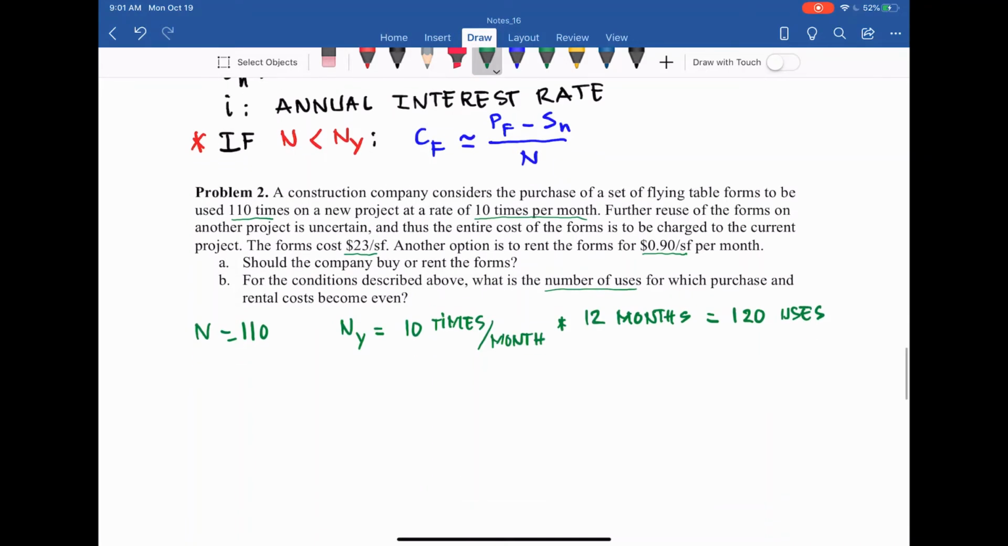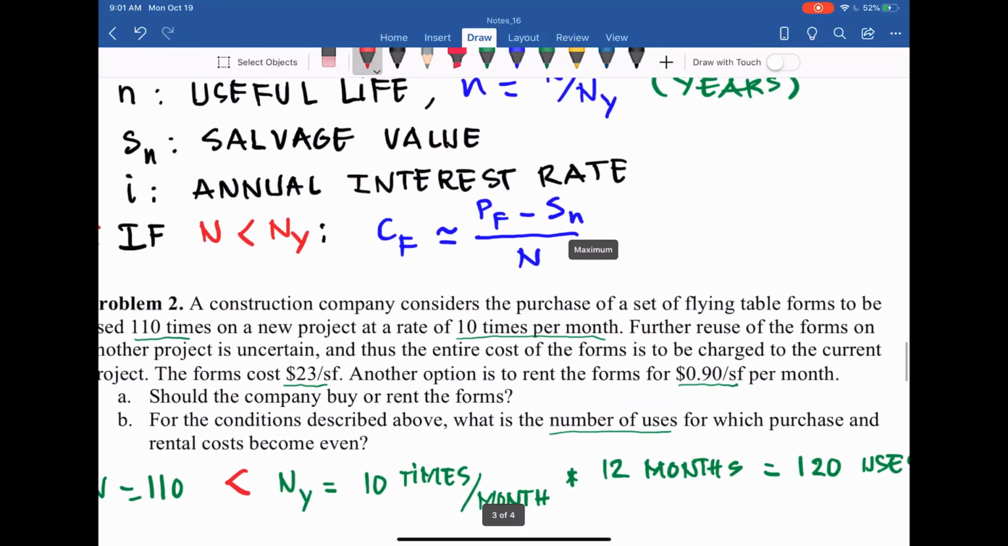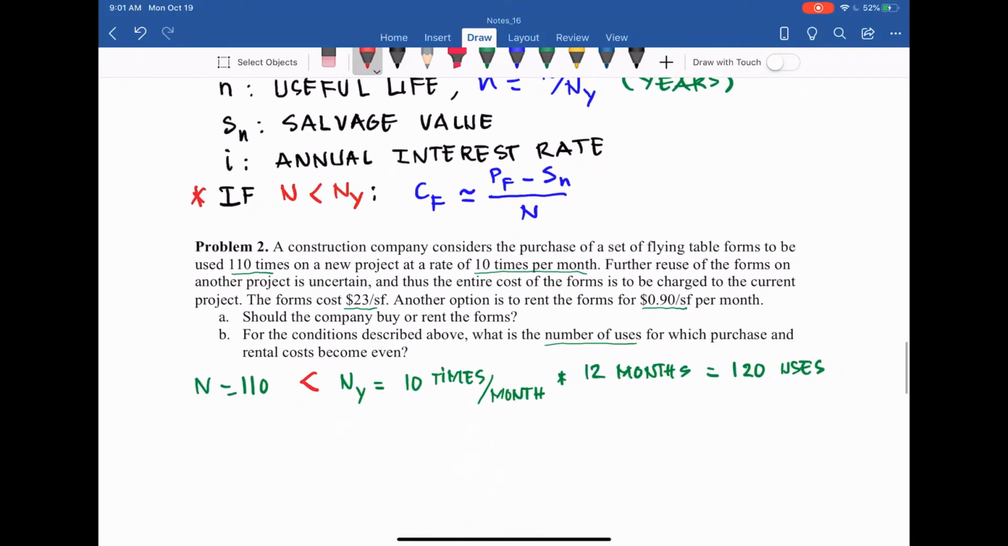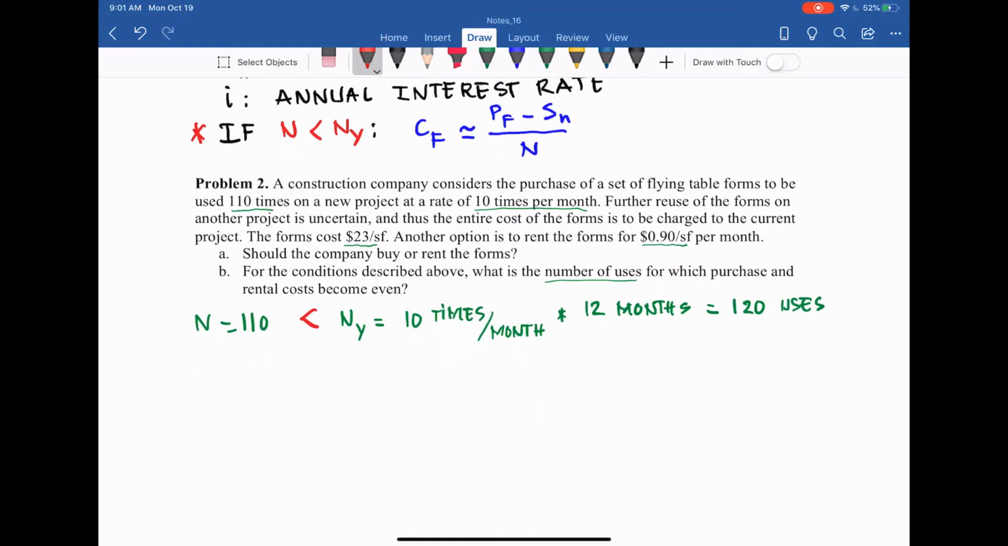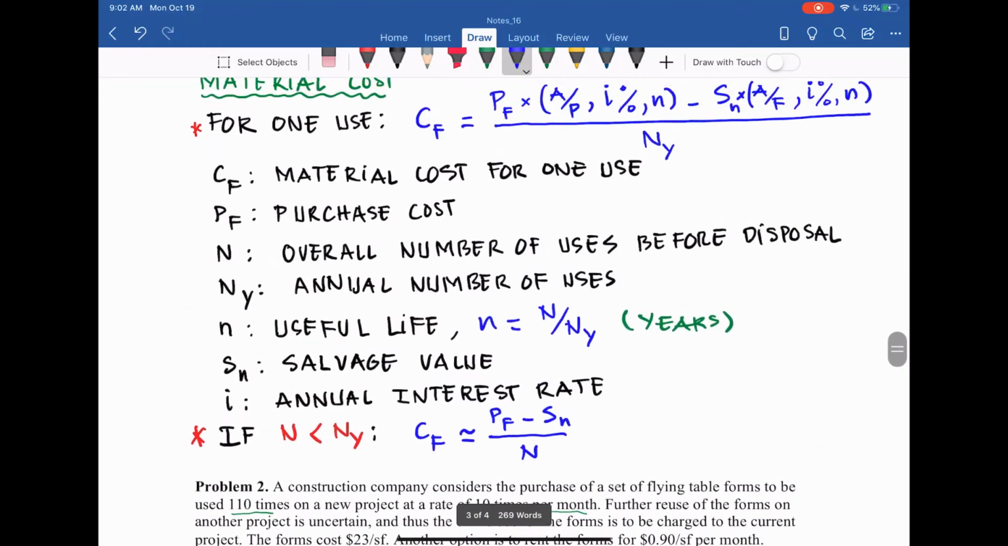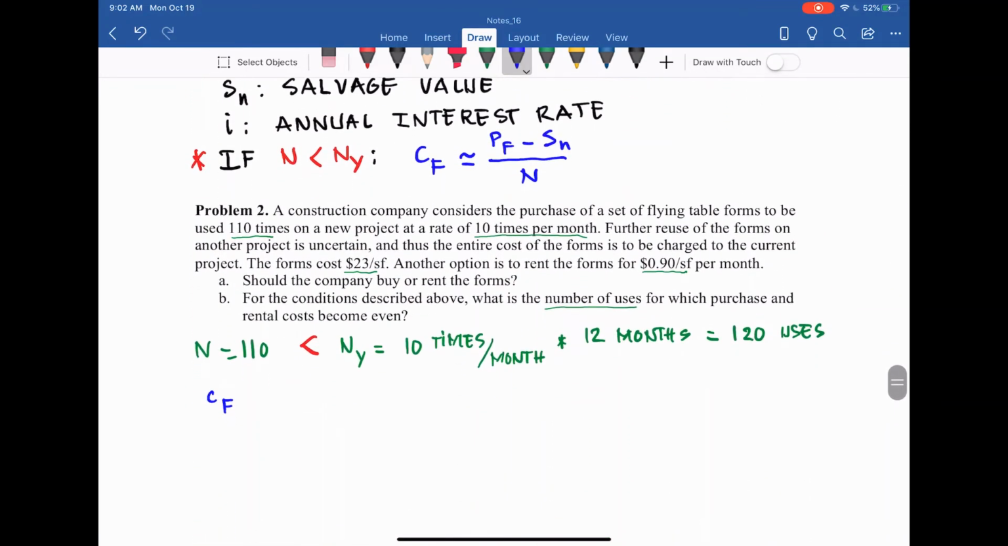So what does that mean? We have N less than NY. So when N is less than NY, we can use this equation instead of assuming no interest. So CF equals PF minus Sn over N. The problem doesn't give us the service value, so we just take that as given. Instead of applying the long equation here, when N is less than NY, we can apply the short equation. It equals